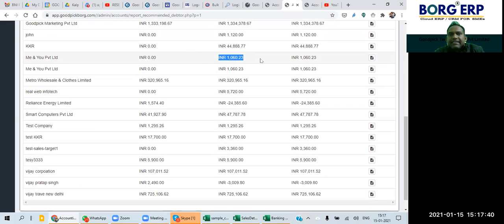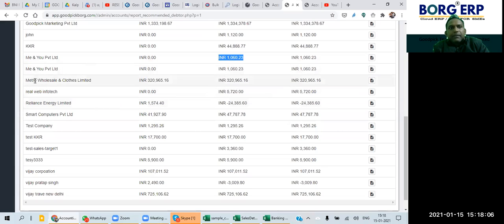This closing balance will automatically become the opening balance of the next financial year. So in that case, for Me and You, 1016 and 1060 is pending. We have to receive and recover it as soon as possible.